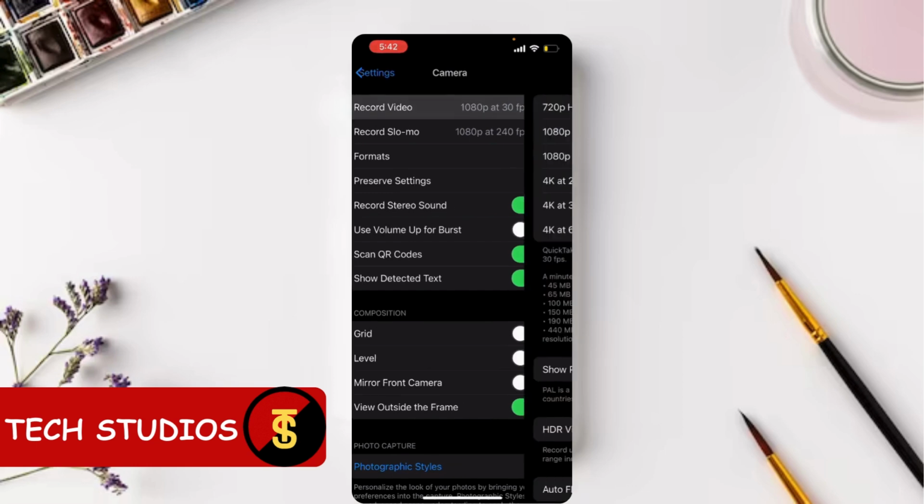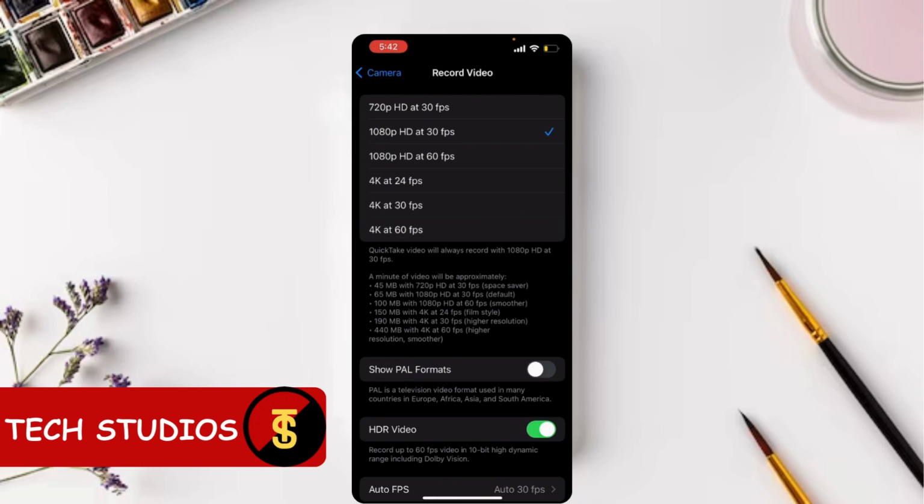Here, switch from 1080p to 4K at 30 fps. As you can see, it is for higher resolutions. Also, make sure that your SDR video is turned on. If it is not, then make sure that it is turned on. Now, go back to your camera settings